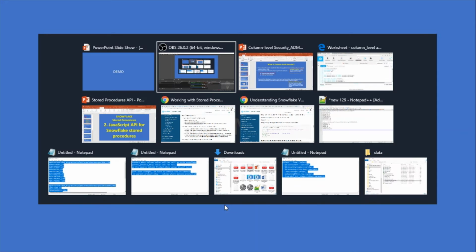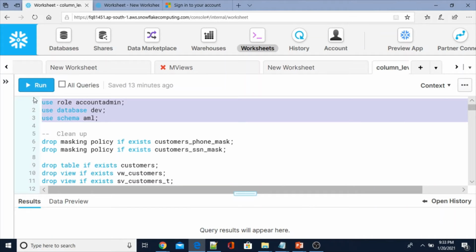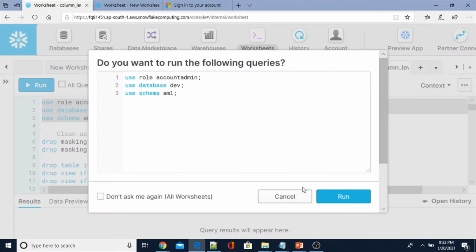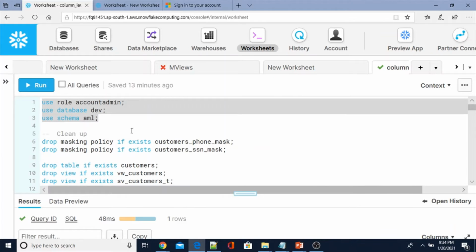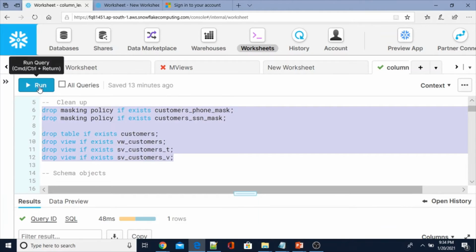Let's see all these things through a demo. Here I am going to use the role ACCOUNTADMIN, database DEV and schema AML. Let me execute, set the context. Done. Now let me clean up the objects if already created.